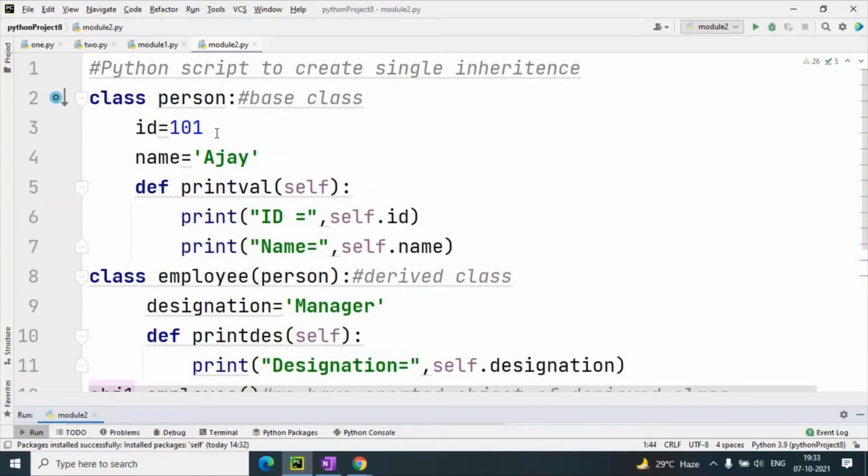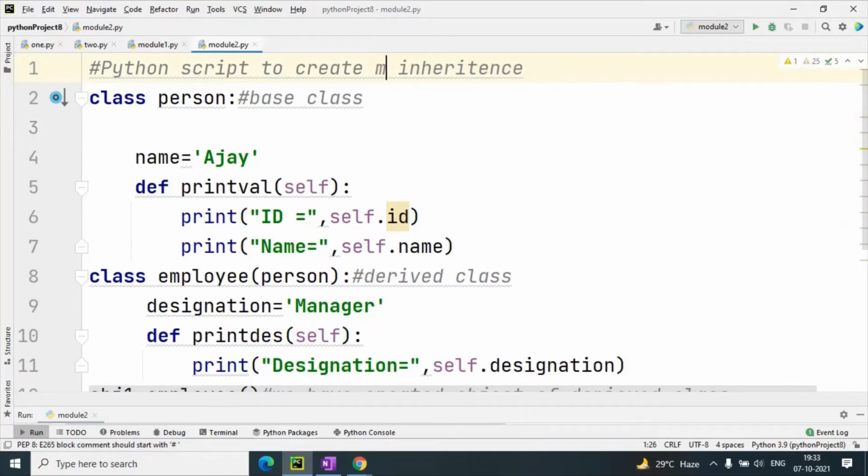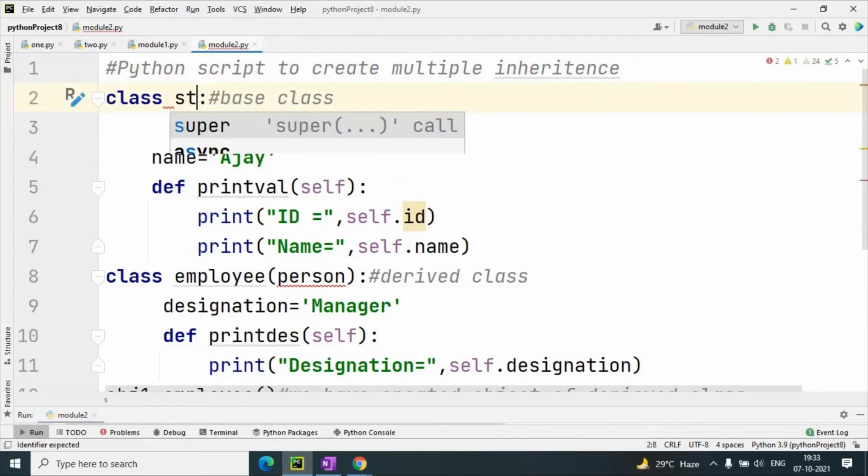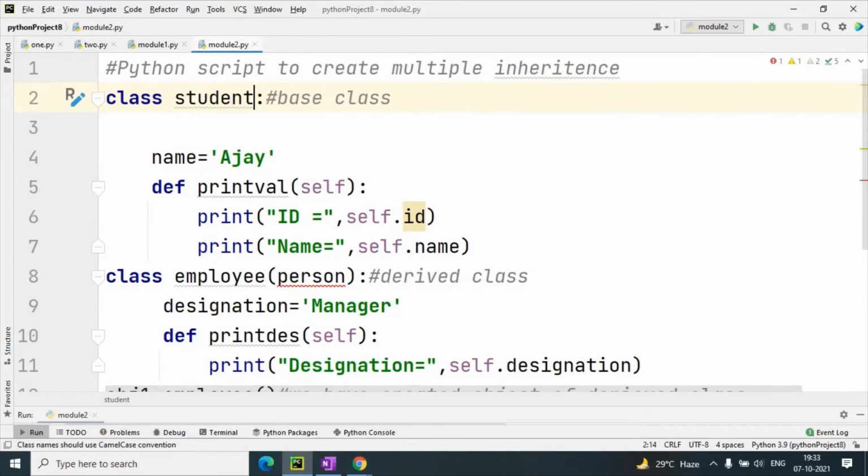So suppose I am taking multiple inheritance. First we create the base class student, and suppose I have taken the name here, and the method is print name, and here I just print the name.